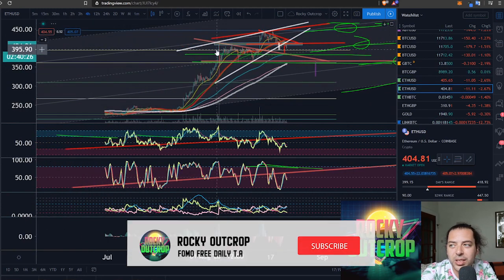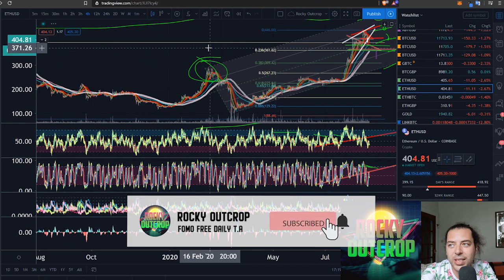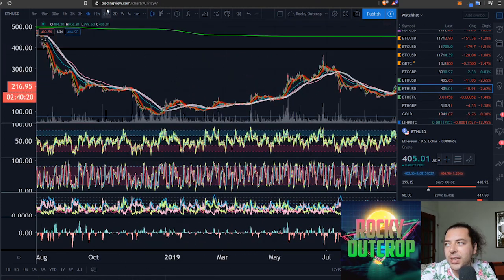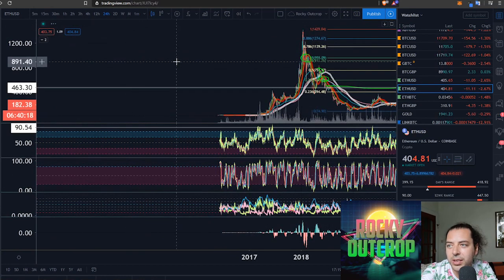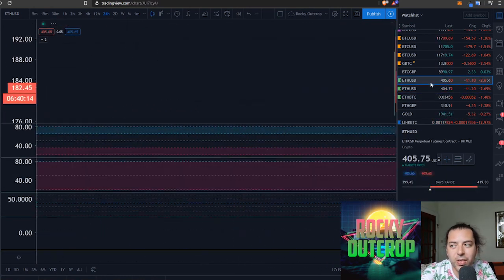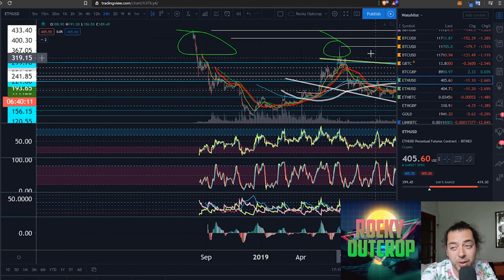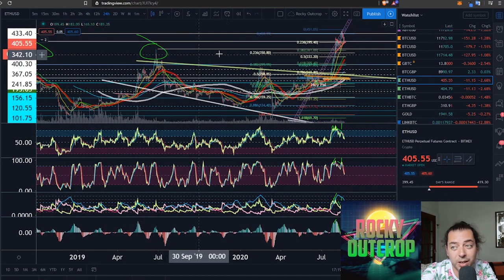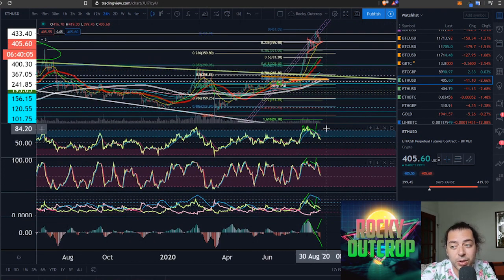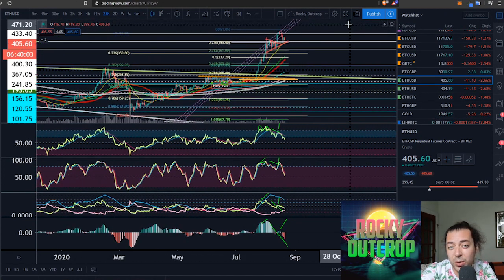If we jump over to this chart here and zoom all the way over to the left, you can see that the 390 area is very significant. Let me put up the 24-hour time frame so it doesn't take all day, because that's where your 236 Fibonacci retracement is, towards the upside. If you want to be positive, we captured that and we're above it currently, so losing that would be very negative for the price,